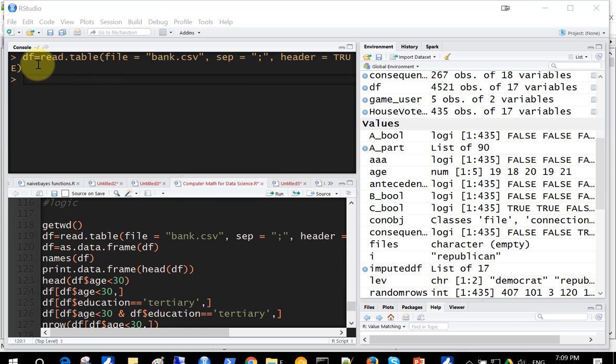You can use read.table, the name of the file, the separator, which is this, you have to put it in these quotes, and this file has a header, means it has column names, so you need to say header equals TRUE, so you have to specify that it has a header. So if you run this and then make sure that it's converted to a data frame,